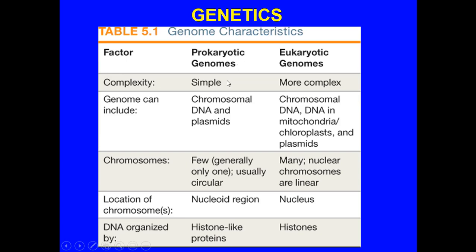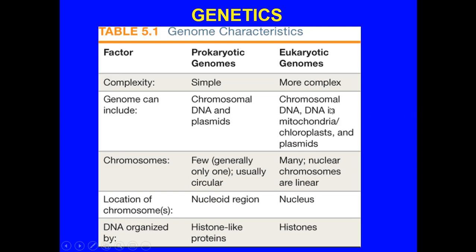So if we look at the prokaryotic genome complexity, it's relatively simple. It's just a chromosomal DNA. Sometimes you get these smaller loops of DNA called plasmids. A lot of attention has been paid to plasmids because they can be transferred from one organism to the other, enhancing some of the pathogenicity or virulence of the new organism receiving this plasmid. For example, antibiotic resistance. Some of those genes will appear on plasmids